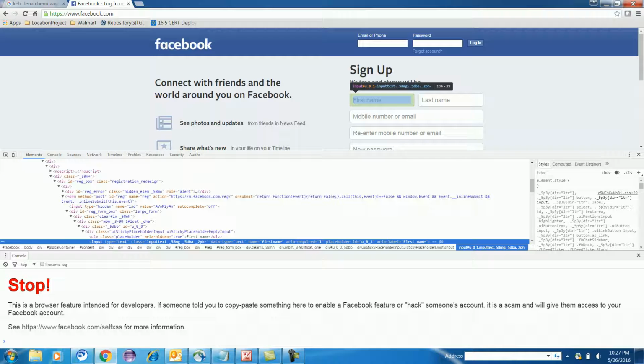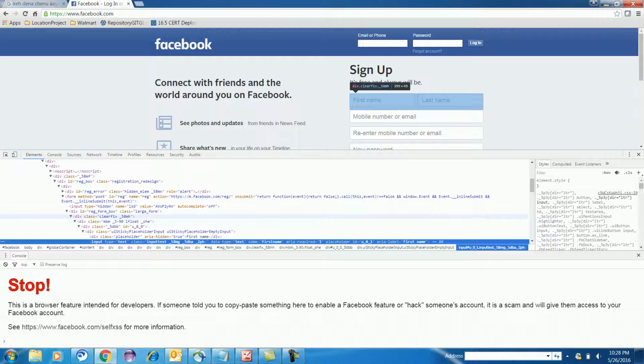To do that, I will go to the parent tag of this first name. What is the parent tag of the first name? If I place the mouse one by one, the first name is getting highlighted; here, first name and extra space are getting highlighted; here, both are getting highlighted.